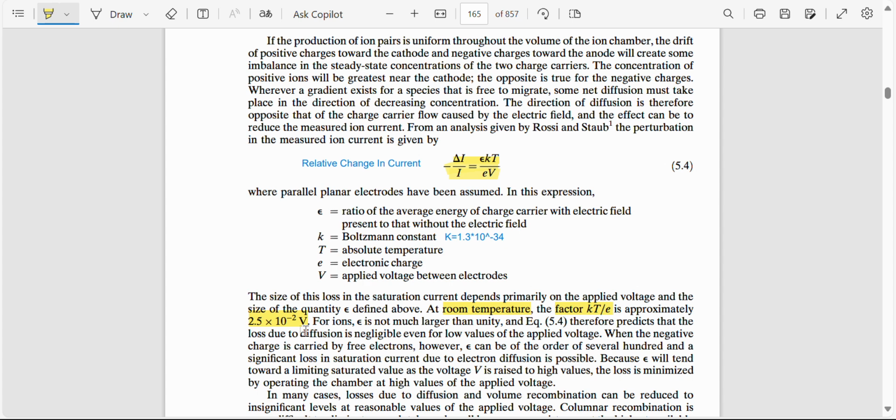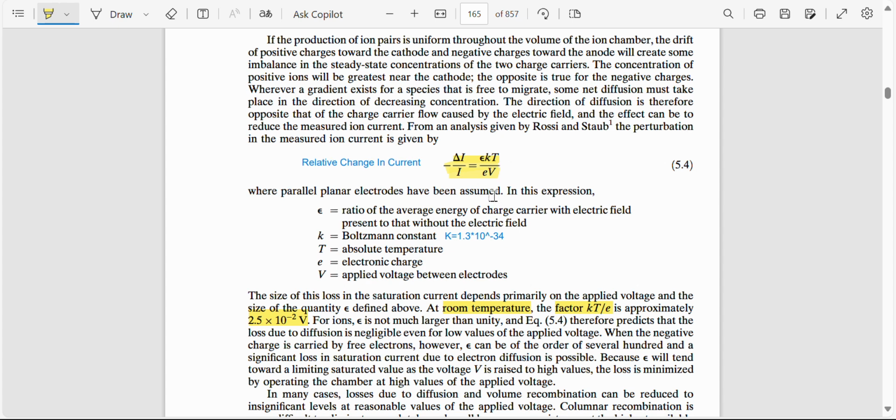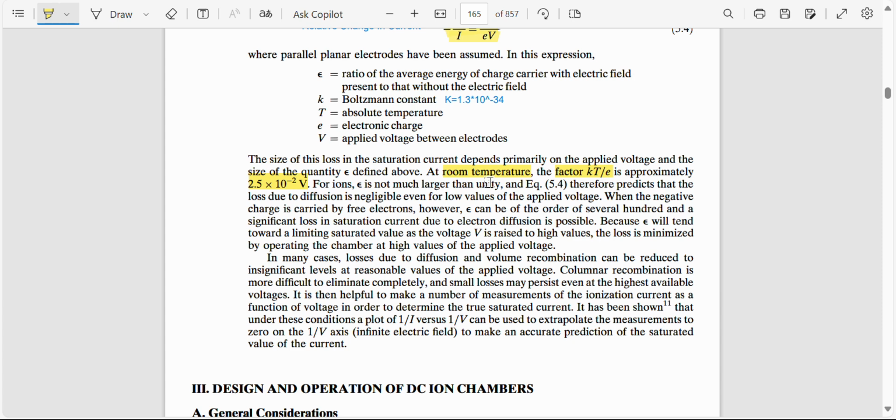At room temperature, which is basically 300 Kelvin, and with voltage and average energy given, you can easily calculate the relative change in current. The only thing you have to know is that at room temperature the factor kT by E